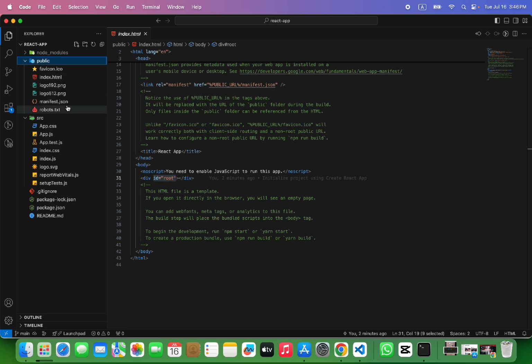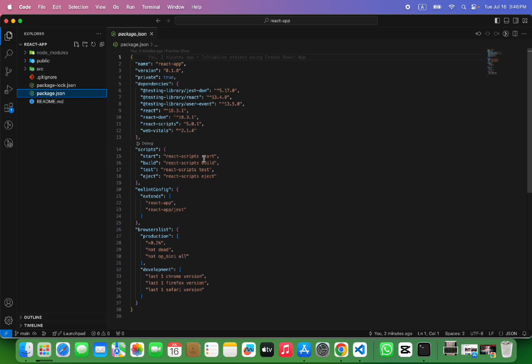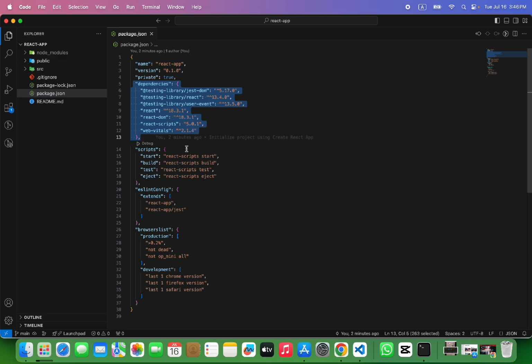Another is the favicon icon and manifest, and this is the main folder src, where we are going to edit our app or create components and other things. And in the package.json, React has already set up some scripts for starting the app, building the app or testing the app. And in the dependencies section, these dependencies are needed to run the React app. If you install other libraries like Material UI or Bootstrap with npm install, those dependencies are added here.